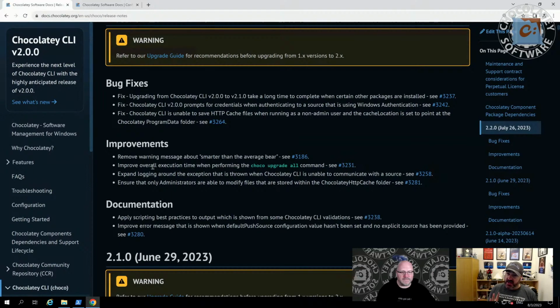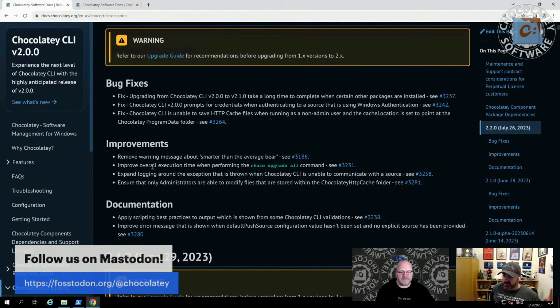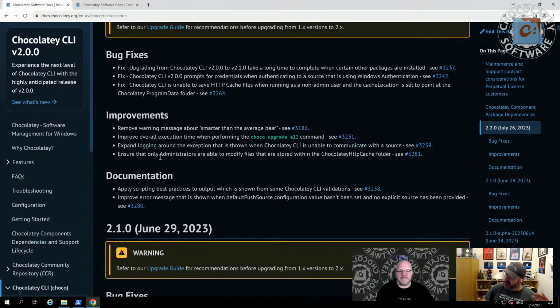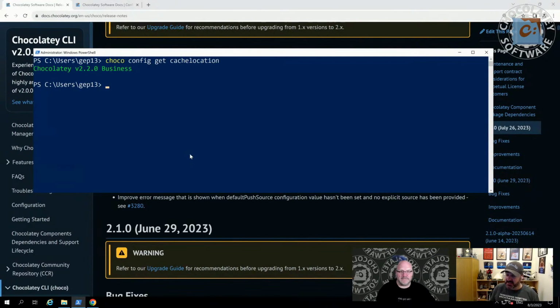Okay, so that was the last of the 3 bugs that was included in the 2.2.0 release of Chocolatey CLI. So let's start looking at the improvements. One of these improvements, I think, came from Paul himself. I think I'm right in saying the first one there. So the first one there was to remove a warning message about smarter than the average bear. So if you haven't seen this before, I'm probably not in a situation where I can illustrate this, but if you were to try and do choco upgrade wintstat,